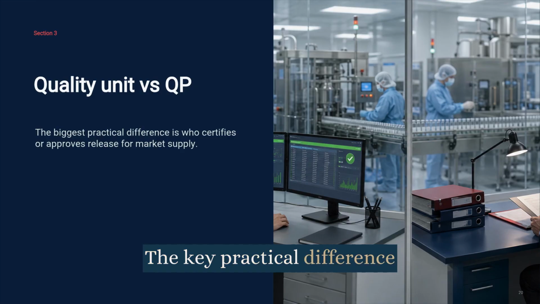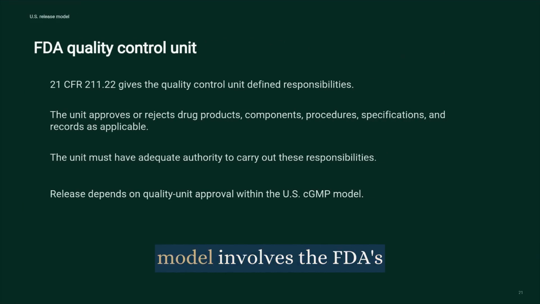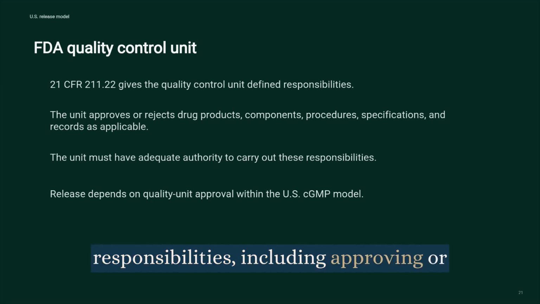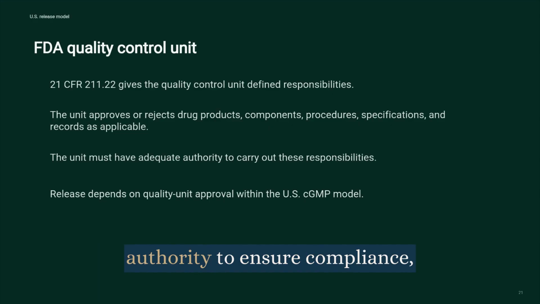The key practical difference between the quality unit and the qualified person, QP, lies in who certifies or approves the release for market supply. This distinction is crucial in understanding the roles within pharmaceutical manufacturing compliance. The United States release model involves the FDA's Quality Control Unit, as outlined in 21 CFR 211.22. This unit has defined responsibilities, including approving or rejecting drug products, components, and records. It must have adequate authority to ensure compliance, with release contingent on quality unit approval under the United States cGMP